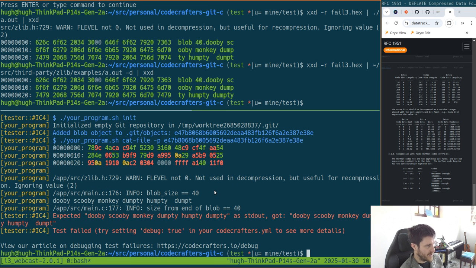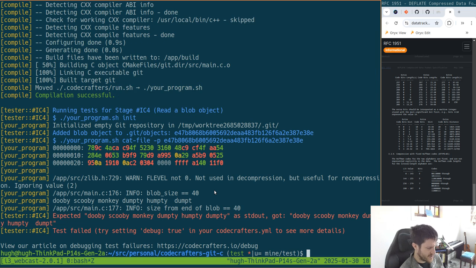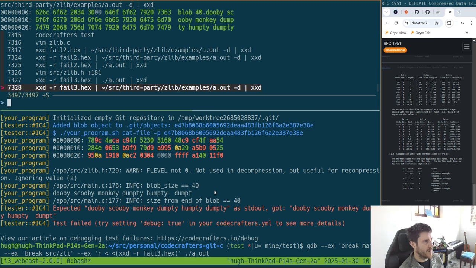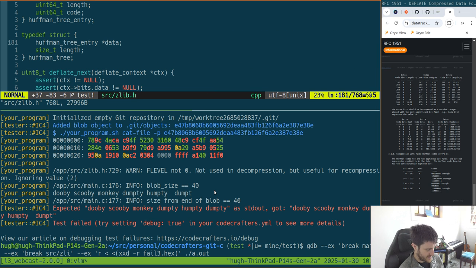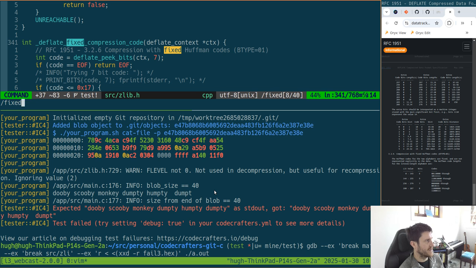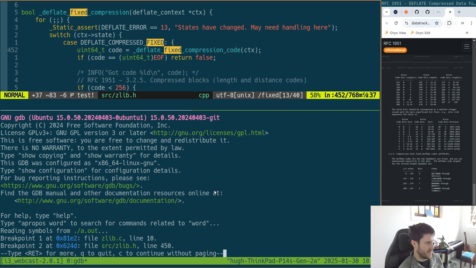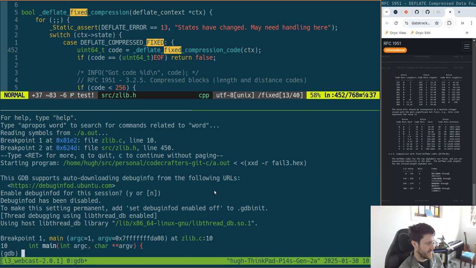So I think this one here, the GDB, and we can do that. I kind of want this to be in fixed compression code, compression length, so we can probably just break that, deflate fixed compression, because I know that it's kind of